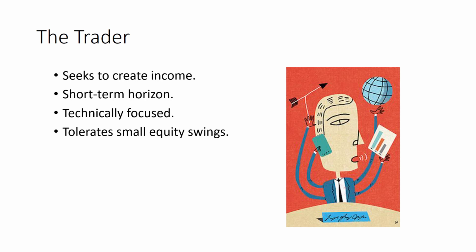We tolerate much smaller equity swings as traders. A swing trader who establishes a position, for instance, that's intended to last maybe a month or so might only have about a $2 stop loss on that or a $3 stop loss on it, whereas an investor might not even have a stop, right? They're looking at this thing totally differently. An intraday trader might very well say, I'm not going to tolerate more than a 30 or 40 cent per share move against me before I exit this position.